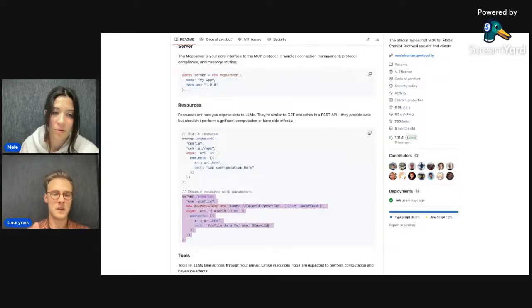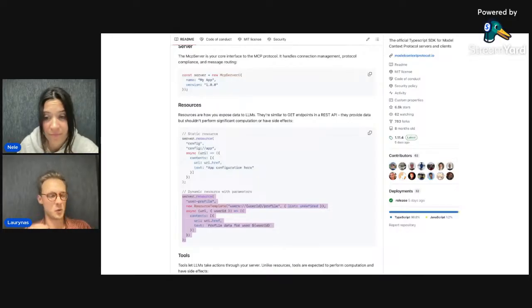More importantly, context windows these days are very large, but they're still limited. And there's a question of, if you just load everything into the context window of a language model, how useful the output that you get is going to be. So there's always a bit of trial and error in finding out what actually